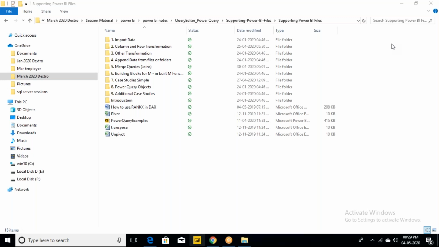So in Power Query, we worked with column transformations and row transformations and built-in transformations. So let me first complete the Power Query. As we already discussed, we have three tools in Power BI: Power Query, Power Pivot, and Power View. In Power Query, we worked with column transformations, row transformations, and also built-in transformations. And let's come to the